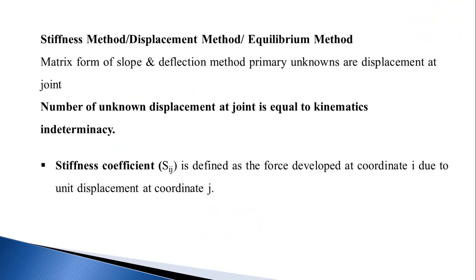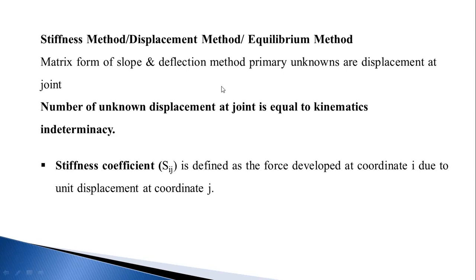So basically, the stiffness method is a displacement method. In the last lecture, we discussed the flexibility method, and in this lecture, we are discussing the stiffness method. What is the basic difference between the stiffness method and the flexibility method? The flexibility method is a force method. Means, you apply a unit force and calculate the deflection that occurs due to that unit load. In the displacement method, or the stiffness method, we consider a unit displacement, and calculate the force required for that unit displacement. This is the basic difference between the stiffness method and the flexibility method.